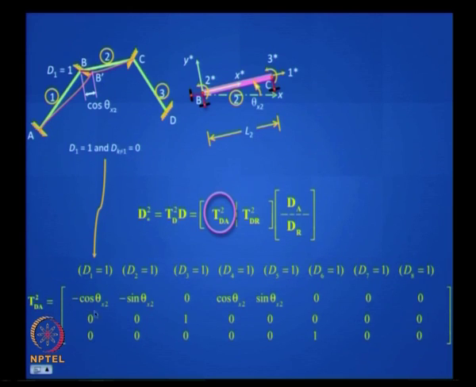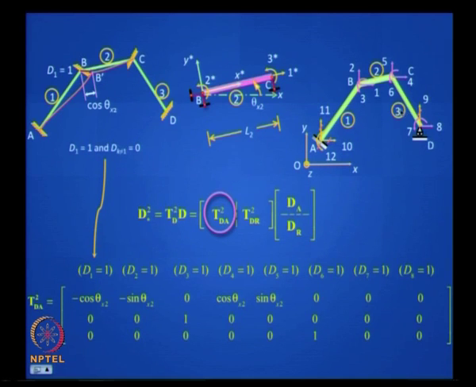So do you understand the physical meaning of first row, second row, third row? The first row refers to what I get here when I keep applying a unit displacement to the structure. The second row refers to the rotation here, the third row refers to the rotation here. Likewise, I can move ahead and go to applying D2 equal to 1, which means I now lift up this joint and keep everything else restrained. When I lift up this joint, what do you think I will get? I will get minus sine theta.